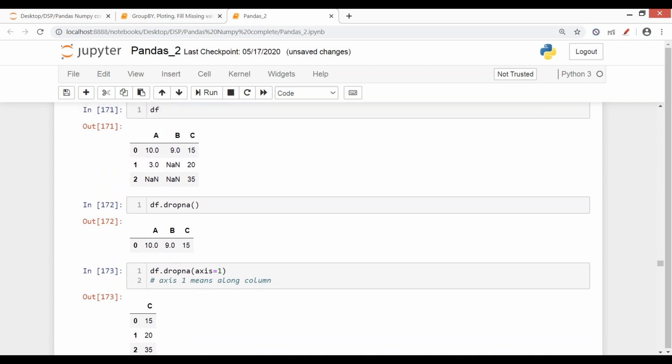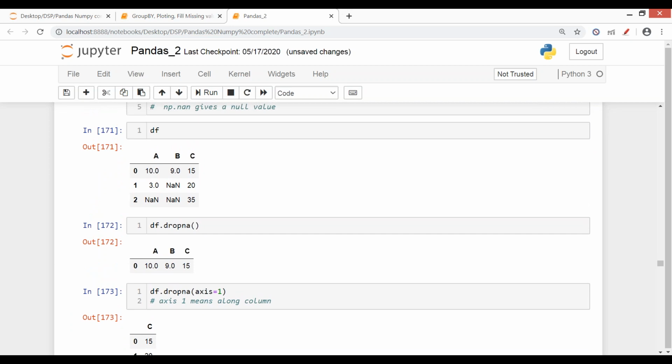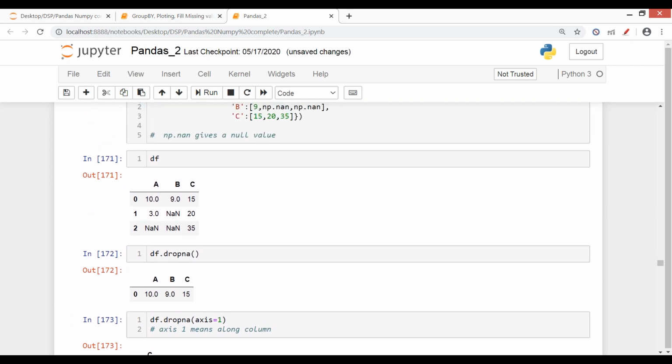If NaN value is not present, it will give the original. Yeah, replace we can do.